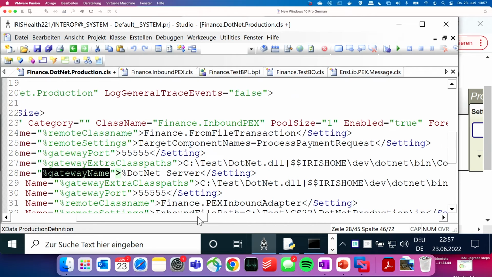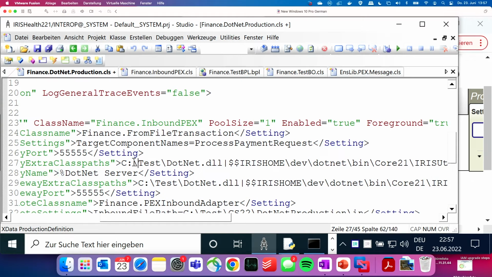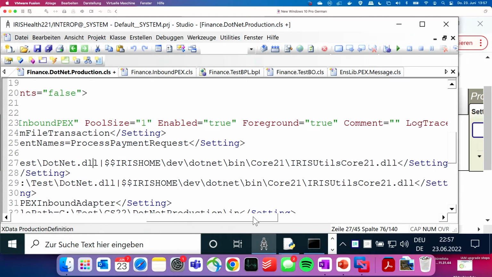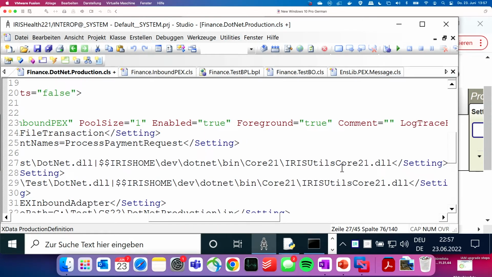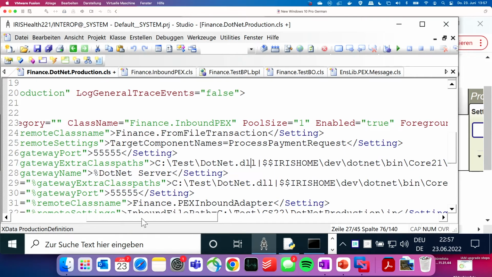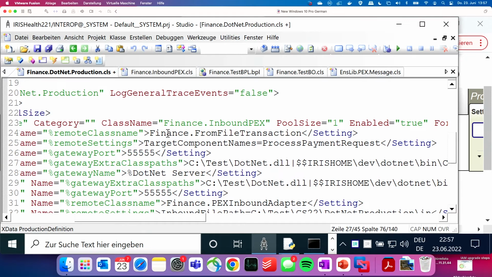Then important, the class path, right? This is the DLL that I built in .NET, so I'm including that. And I'm also including our own DLL for packs, right? So these are the two DLLs that I'm loading. The other thing that's important is the remote class name.